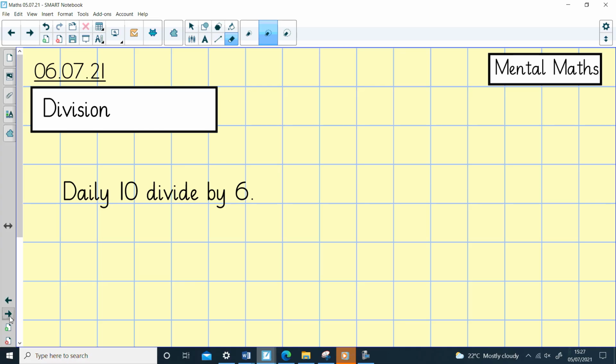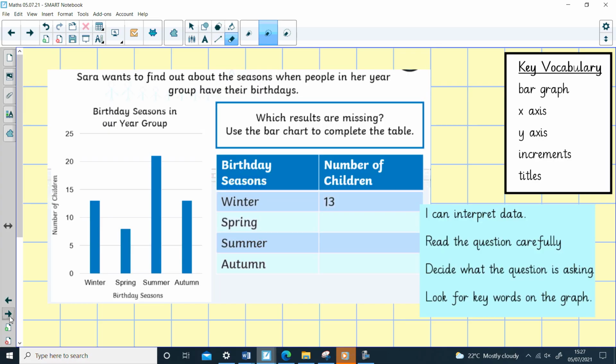Okay, so our maths this week is going to be all about statistics. It's all about data, so things like graphs and tables. I've done a little bit on this before, but we're going to really look carefully today at bar graphs or bar charts. So on the screen you can see that I've got a table and I've got a graph, and